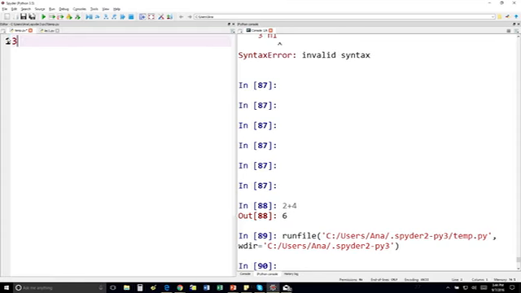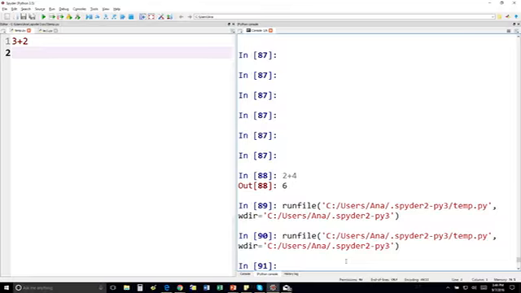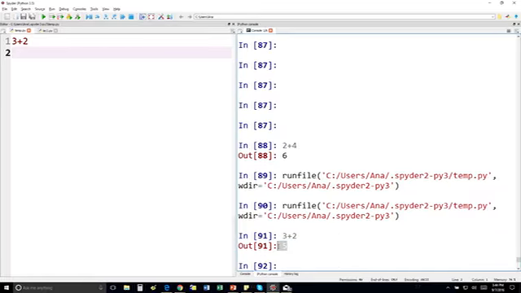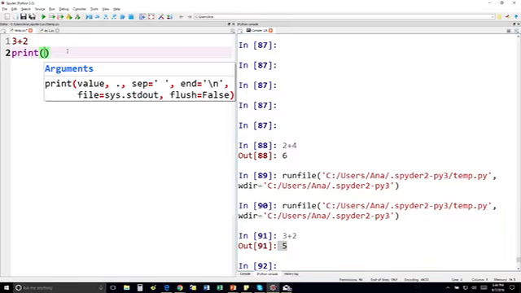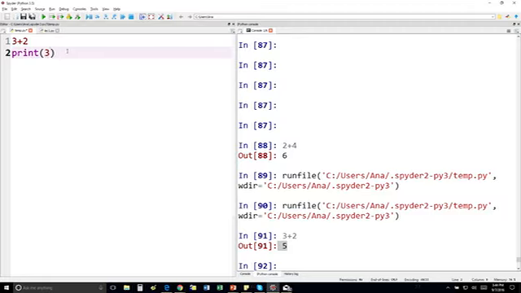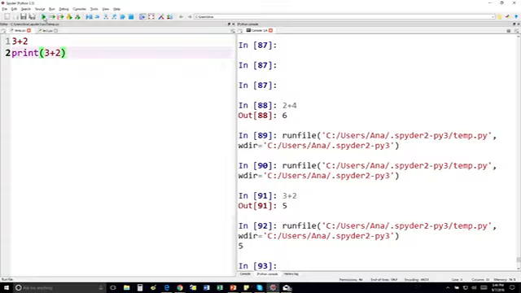If you just do 3 + 2 and you run the program, that's this little green button here, you see on the right-hand side here, it ran my program, but it didn't actually print anything. If you type this into the console, it does show you this value, but that's just sort of like peeking into the value for you as a programmer. It's not actually printing it out to anyone. If you want to print something out, you have to use the print statement like that. So in this case, this is actually going to print this number 5 to the console.